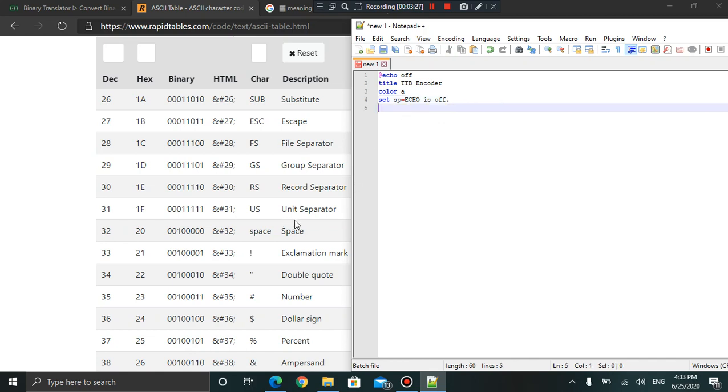Then we're going to start here. Set space equals, and then of course you type this number here that's written in the binary format. Then you continue. Set exclamation mark equals, and then you type, of course,